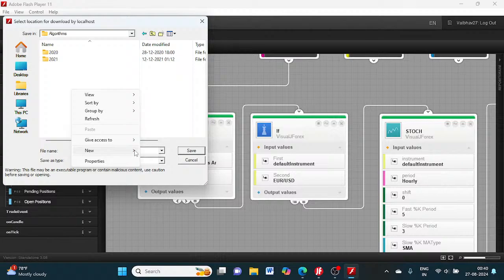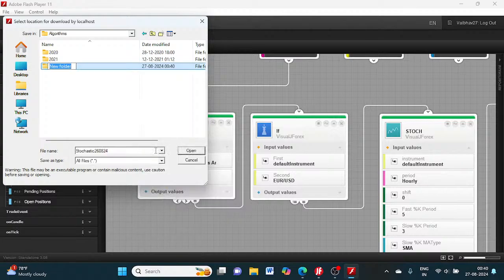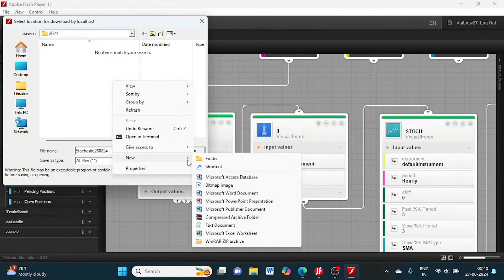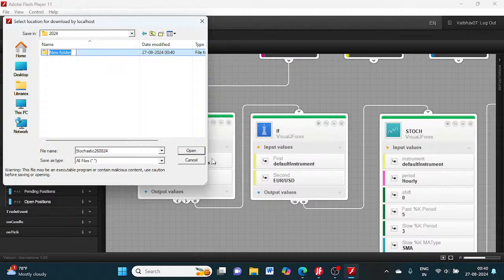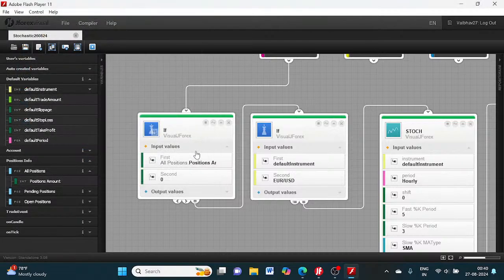I need to create a new folder, 2024 in it. I'm going to create another folder of 2024, but the month is August. Alright, now in the month of August we have this saved,